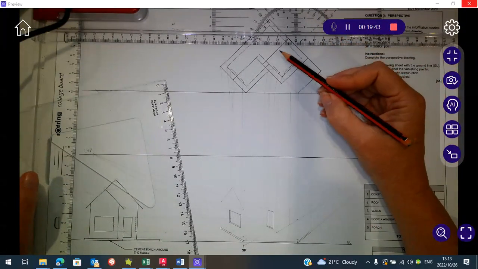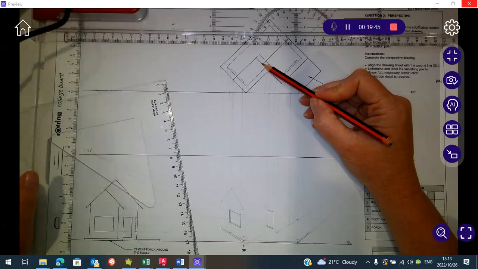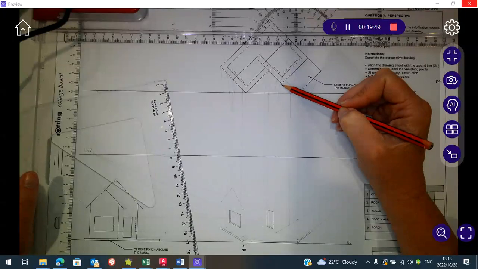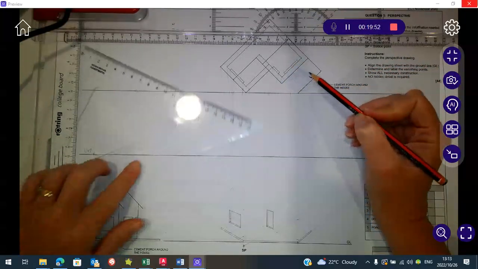I'm going to repeat this process for this roof over here. I have two options. I can either bring it forward